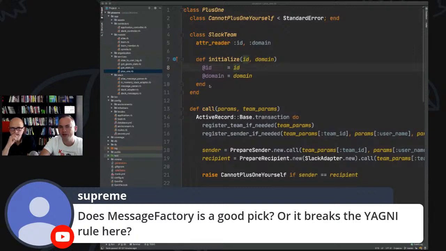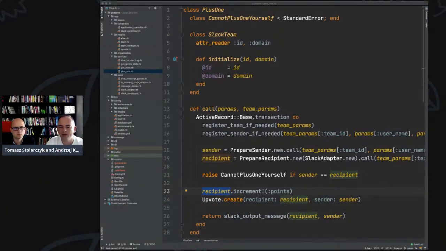But what I detected and realized for this really stupidly small application is that there is a domain around the team organization. Part of the logic here is about ensuring that someone belongs to the team and whether this user actually exists. And only part of that is about actually incrementing the points of a user, which is, again, more like updating a read model than actual business logic. So I'm trying to extract some domains from this code. It's probably overkill, probably YAGNI, but this application is all about experimenting with some ideas. So that's what I do.